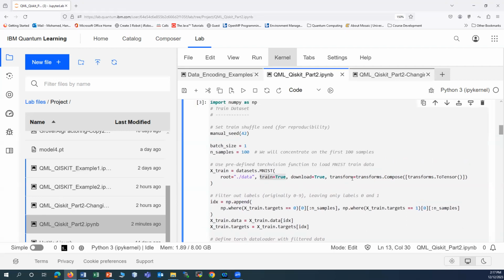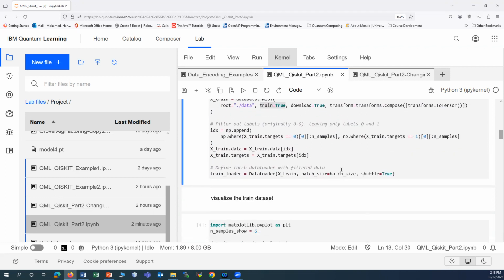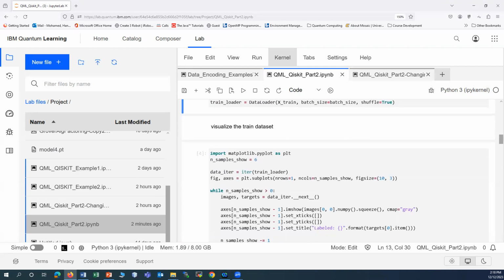So we have our data, we specify we need this for training. We also need to filter the data. The focus will be only on 0 and 1 values. So this is a step that is going to filter our images. And then of course we have basically now our data is ready to be used. Then after that, we have